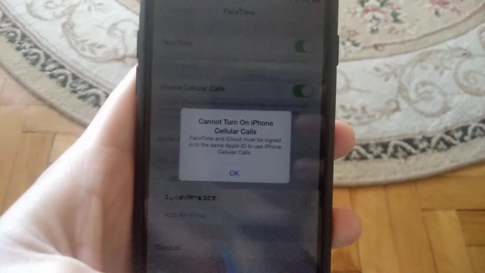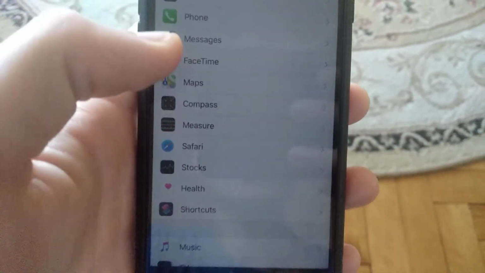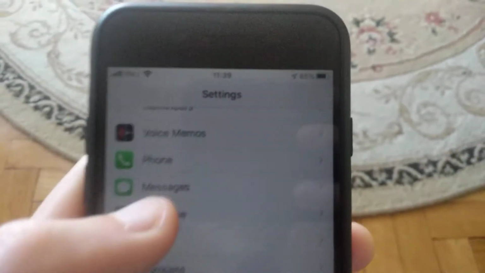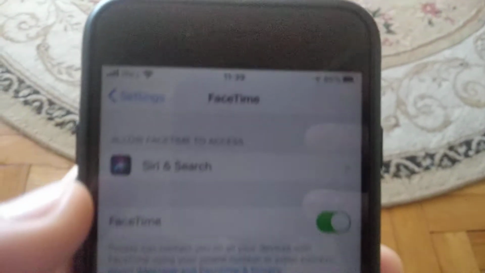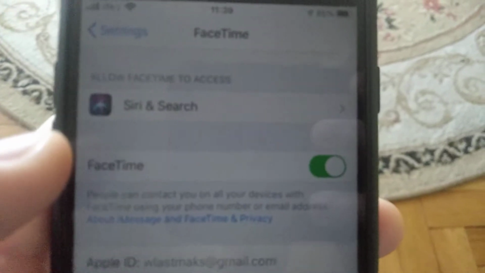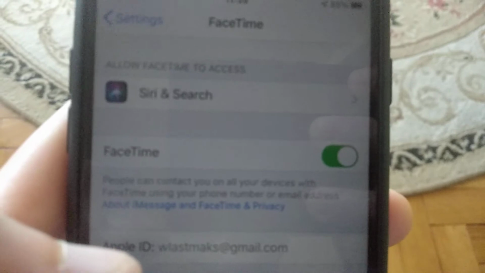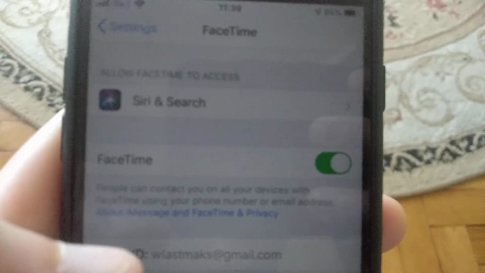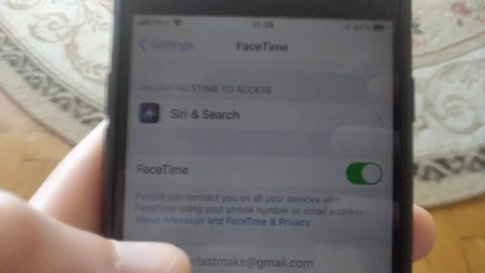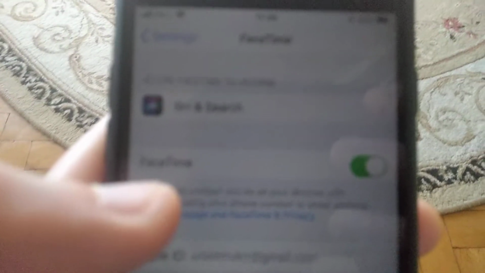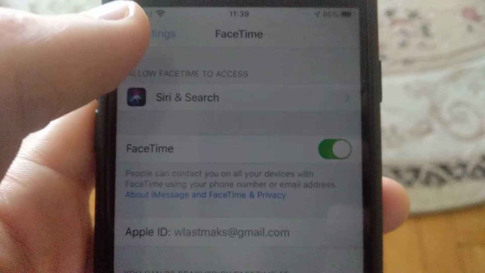So first you just need to go back to the settings, just open the settings, and in the settings you need to choose FaceTime. So just open FaceTime and check if you're connected to the same Apple ID that you signed into iCloud. So first just check here in FaceTime what Apple ID you chose, and after that you just